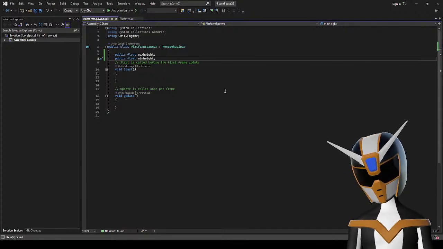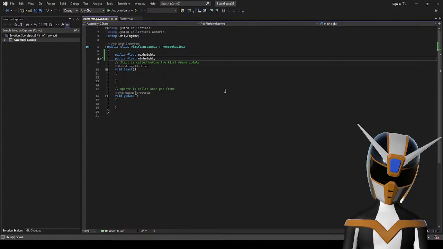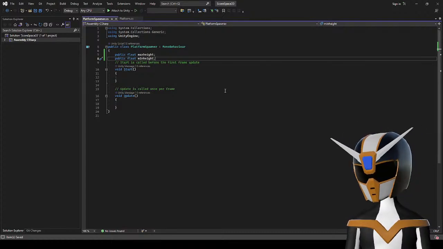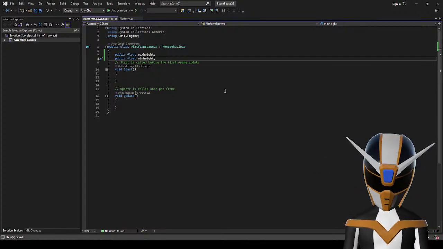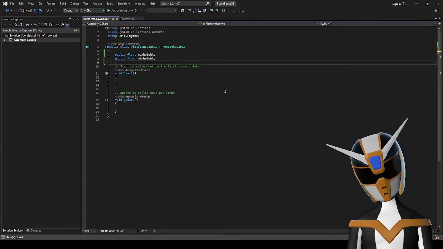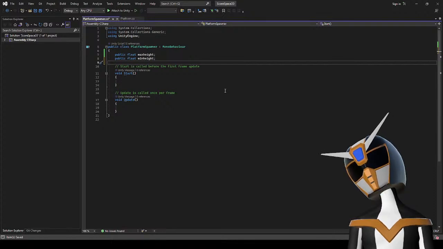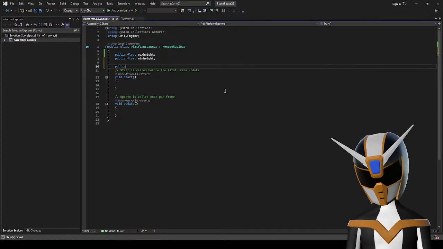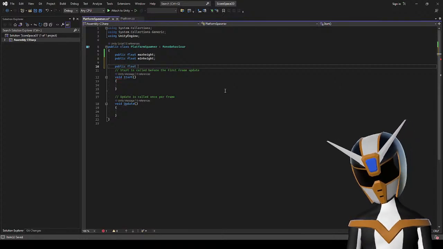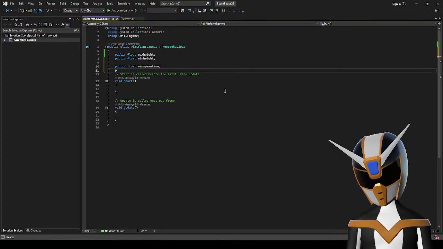Okay. And then I need another variable to determine how often they spawn. Let's say min spawn time and max spawn time.